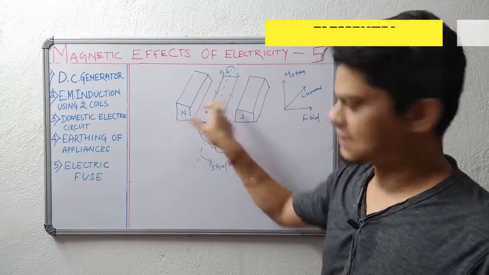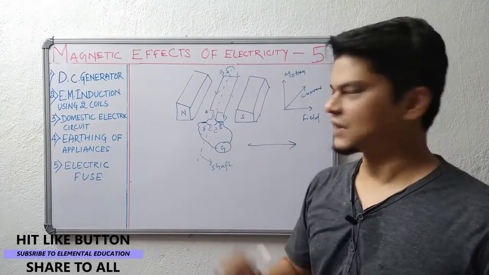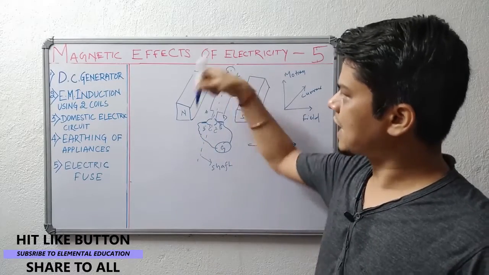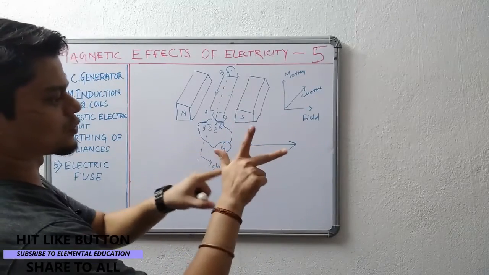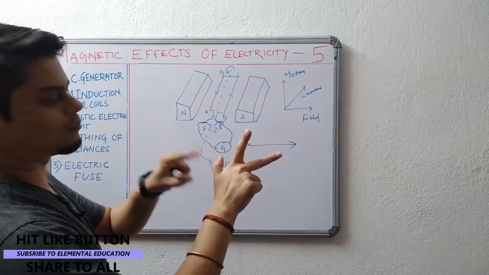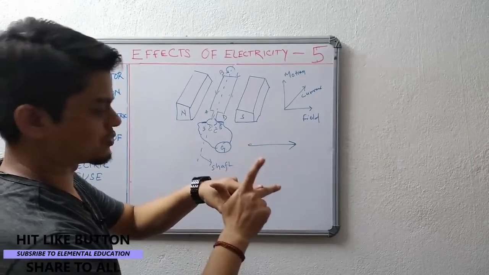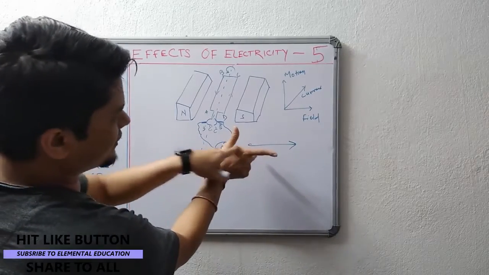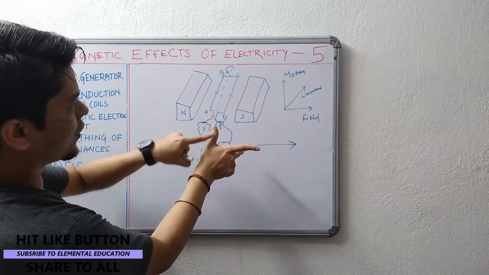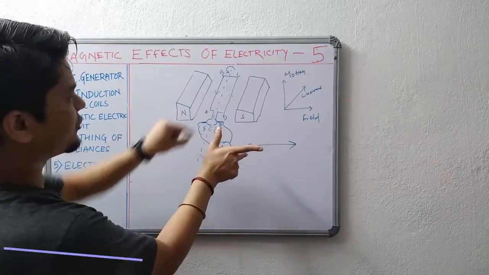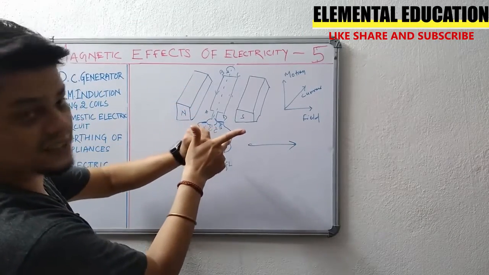So in our case, the magnetic field is in the direction of north to south, this side. Now the rotation will be anti-clockwise. So let's see my hand, I am holding my hand like this, three fingers. The first finger, the thumb, denotes the motion or the force applied. This finger is the magnetic field and this finger is the current induced. So in our case, this is the magnetic field from north to south. This is the direction of motion, the anti-clockwise direction, when we are moving the shaft giving some mechanical force. So this is the direction of current induced.